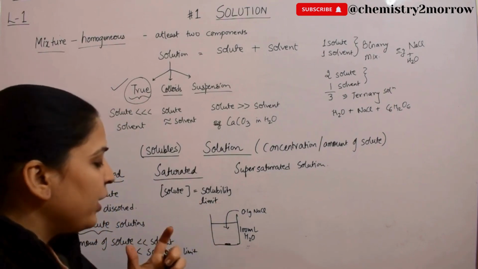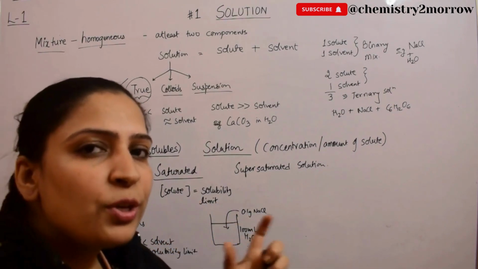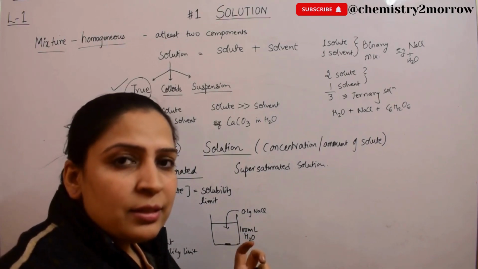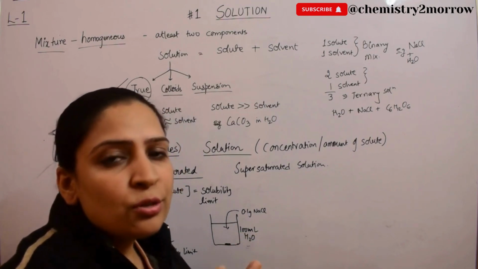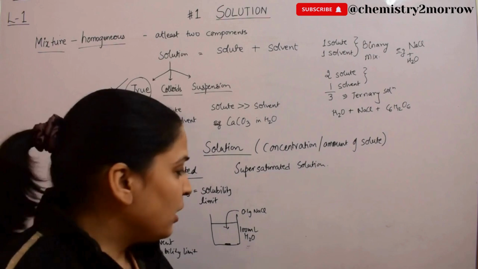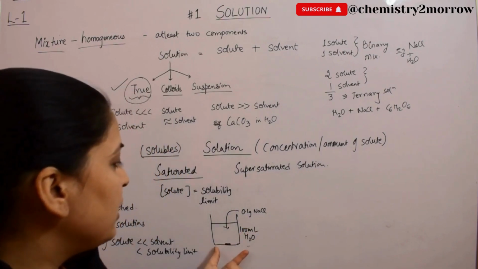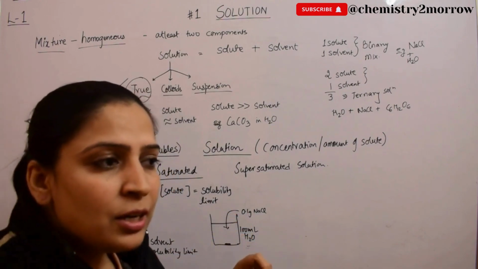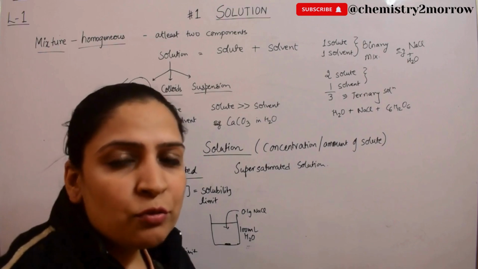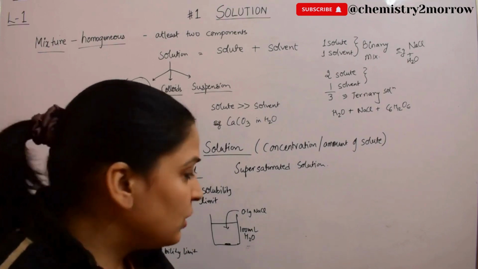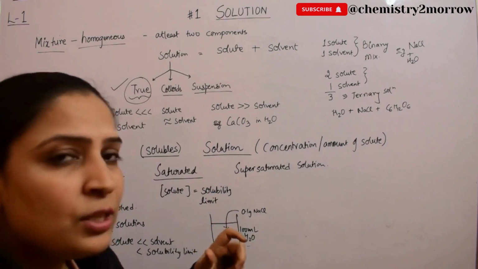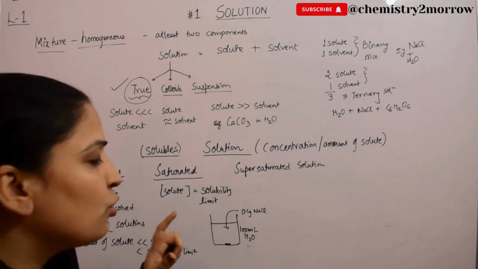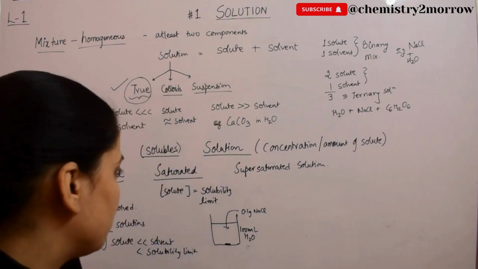So at this point, where no more solute can be dissolved, is a saturated solution. We will say that I have prepared a saturated solution of sodium chloride, meaning the amount of sodium chloride present is at the upper limit, or the solubility value, in water. Suppose I can dissolve a maximum of 20 grams of sodium chloride in 100 ml water. In this case the solubility limit is 20 gram in 100 ml. So that is the saturated solution.